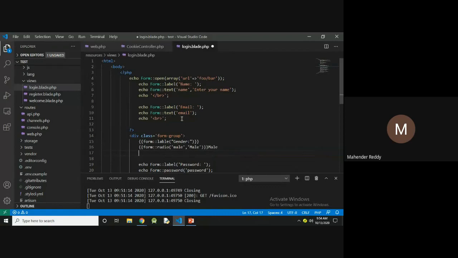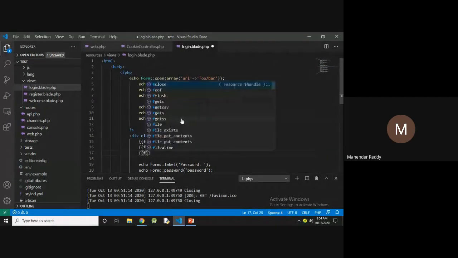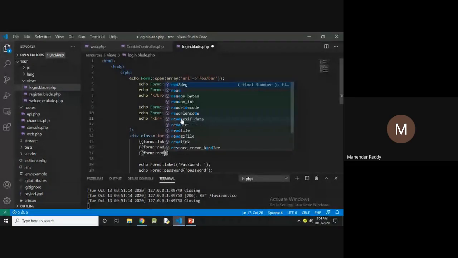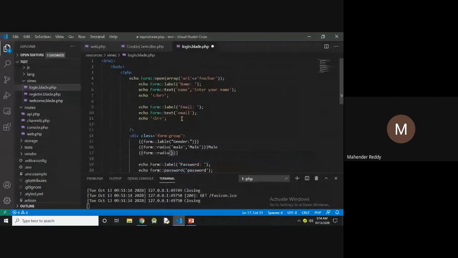Next I'm going to add the female: Form::radio, female, comma, female.